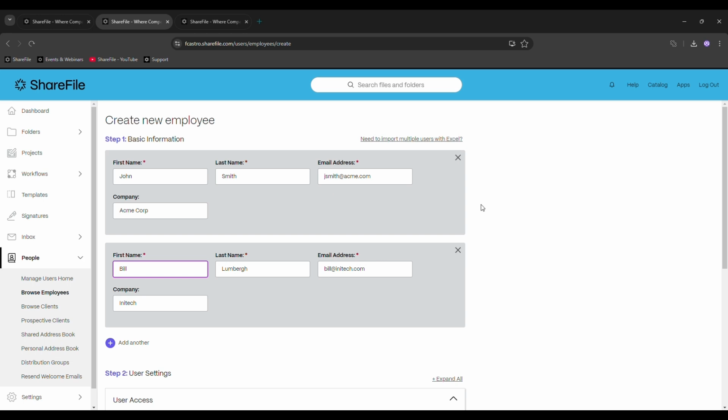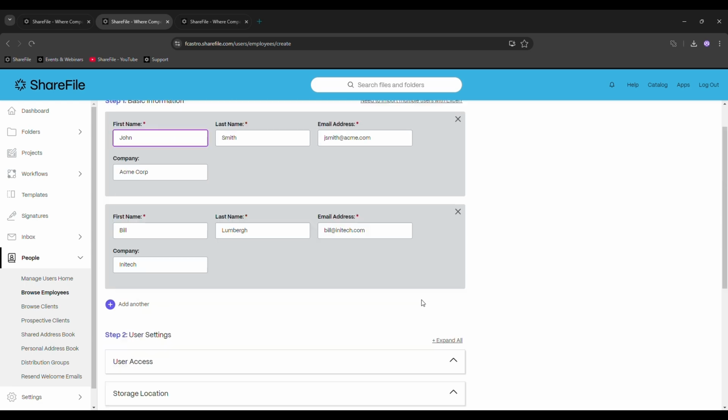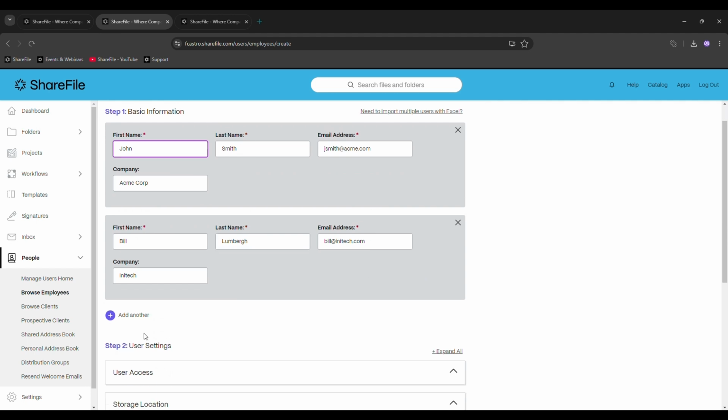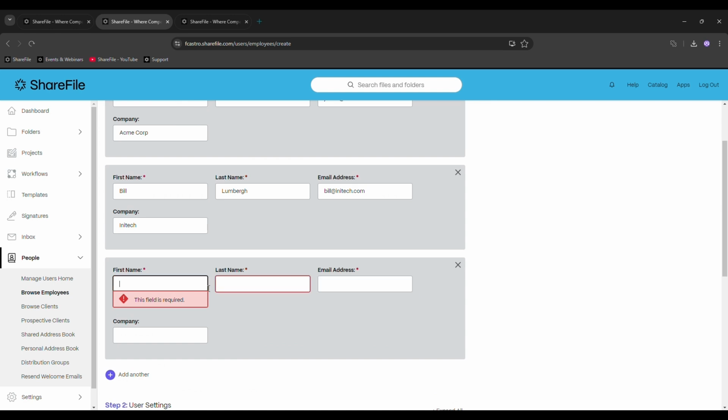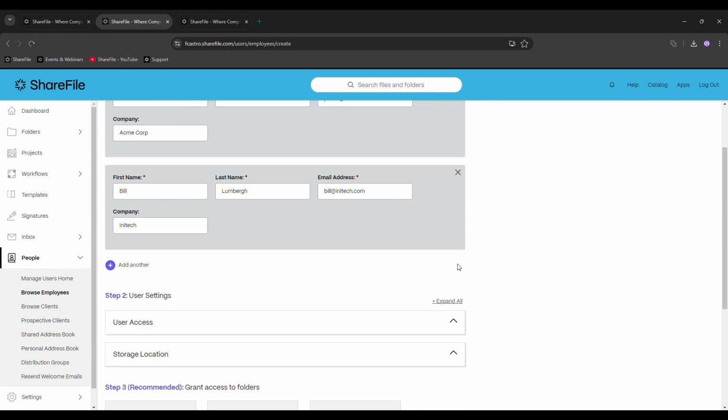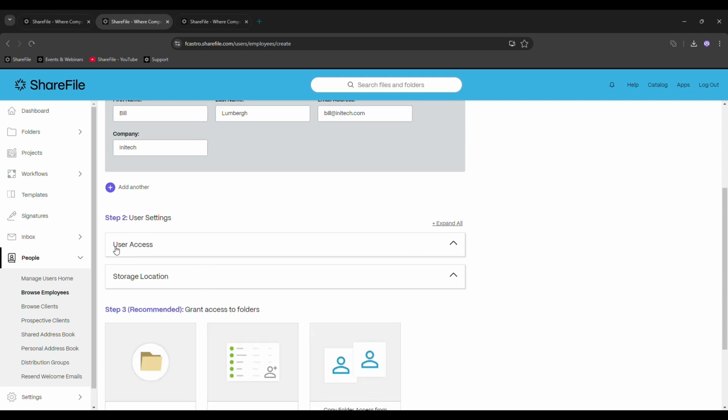So in here, I can go ahead and change the information. So say that I made a mistake, I can switch details in here, edit the information prior to importing these users. And this is important to know, I can add more people in case that I need to. So if it's just a single user, I can type in their information and company details. And import. It is also important for you to notice that I have the user access in here. I will only have this if I'm creating an employee. Client users will not have this option in here.